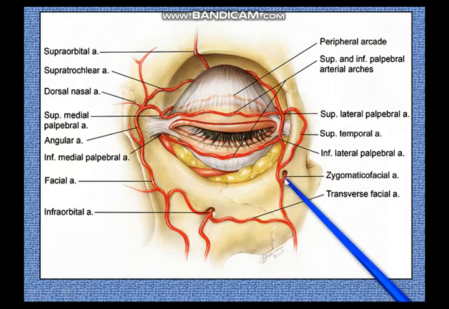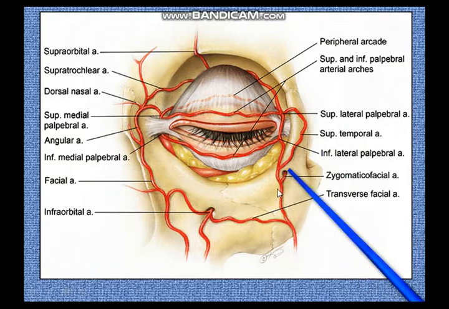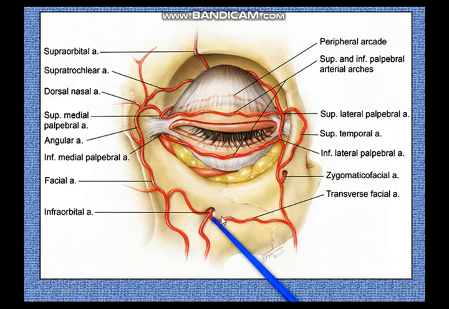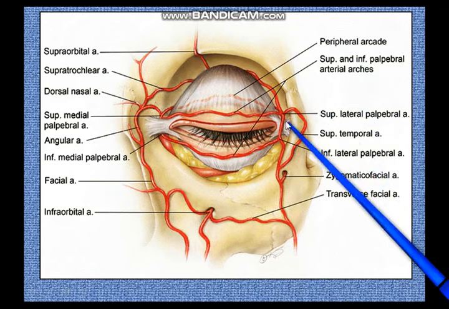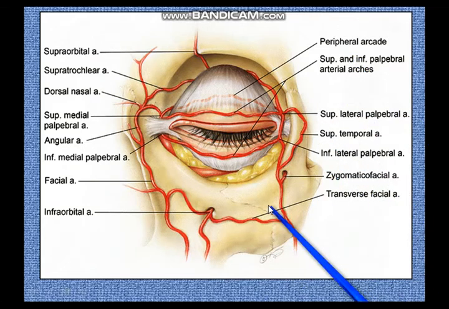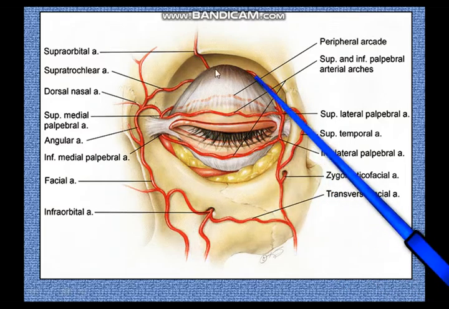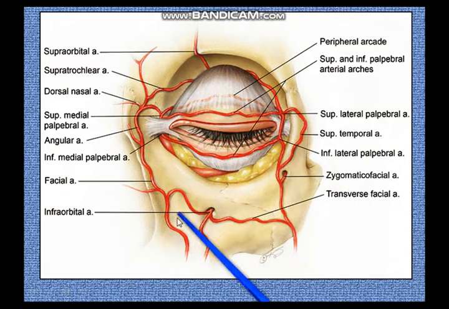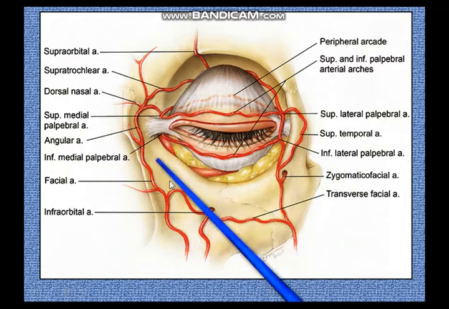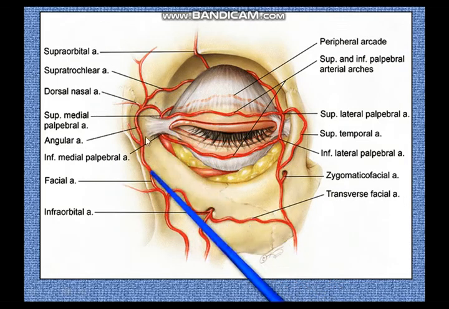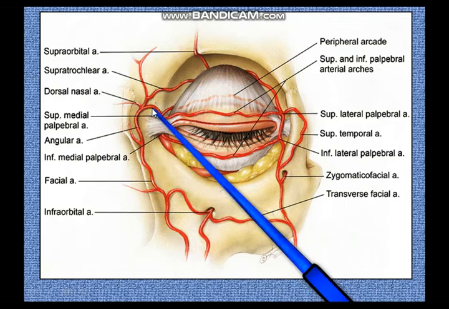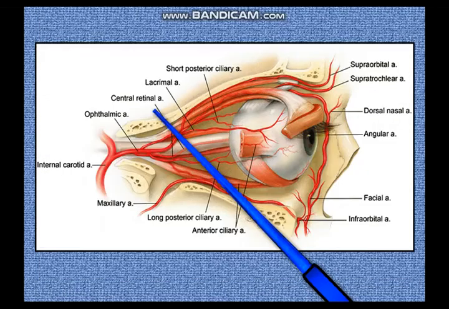And again you have through these openings the zygomaticofacial arteries coming up, and in the lower eyelid you can see the infraorbital artery. So for the lower eyelid the main artery is the infraorbital, supplemented by the superficial temporal from here and the transverse facial from here. For the upper eyelid the main supply is through the terminal branches of the ophthalmic artery, supplemented by the facial artery between the eyes and the nose coming up in this direction. So let us look at the next picture.